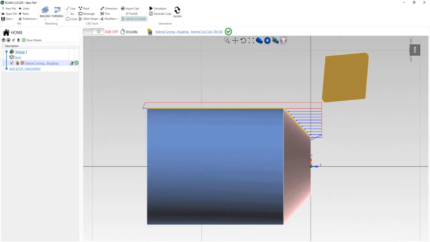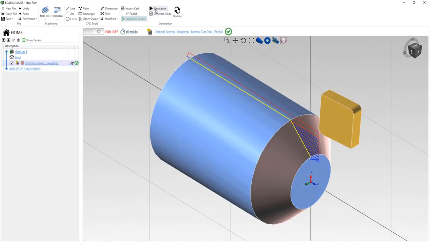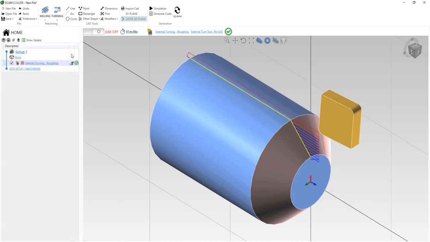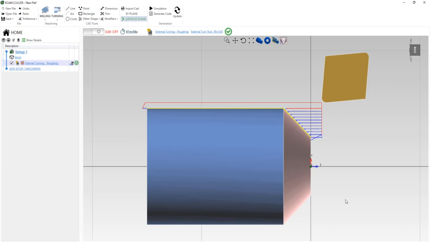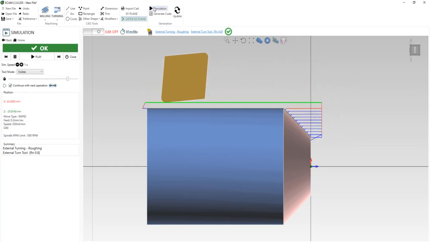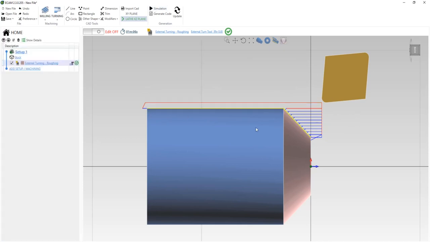You will see. Now in 3D view, and I will play this operation. Simulation. See. The cutout is here. So I will click on OK. 2D view, and now click this simulation. You will see the cutout is ready after the finish cut. See. And tool is at home position. So I will click on OK. You will easily understand by this the chamfer operation is here.